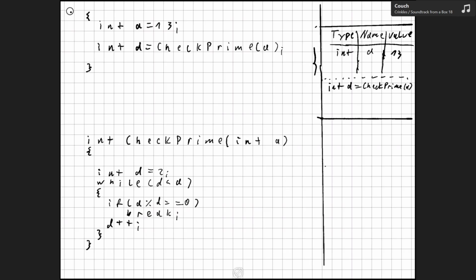So we start with a, resolve to 13, int d equals checkPrime(13). And now the method call. So we pause in here and we go to the method. We see we need 2 rows for our table, and our table is pre-filled with one integer value, the 13 we got here. All right, so we create in this new space that is reserved for this method only,